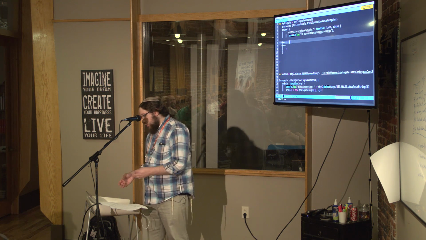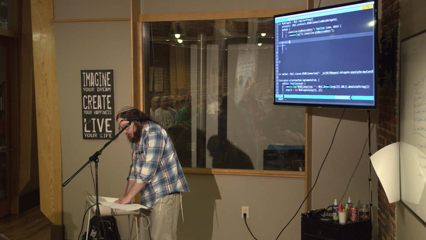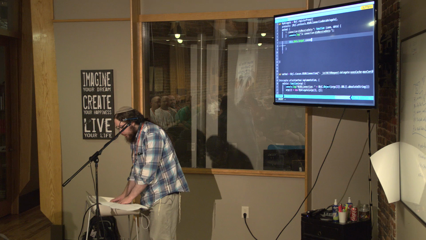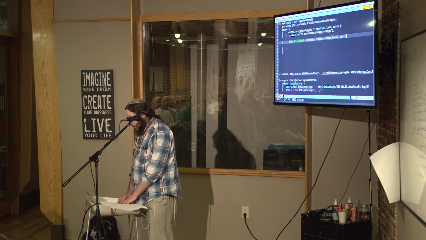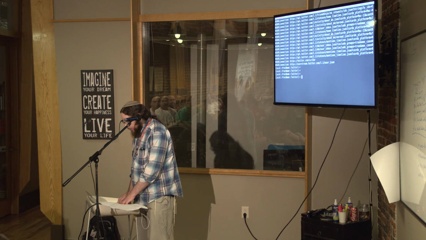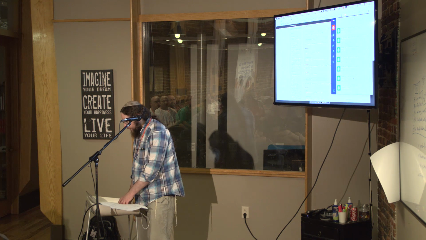So what we do is we say this.data.target.connection didReceiveData, and we pass on the connection and data to the original delegate instance. Okay? If we reload and pull down,